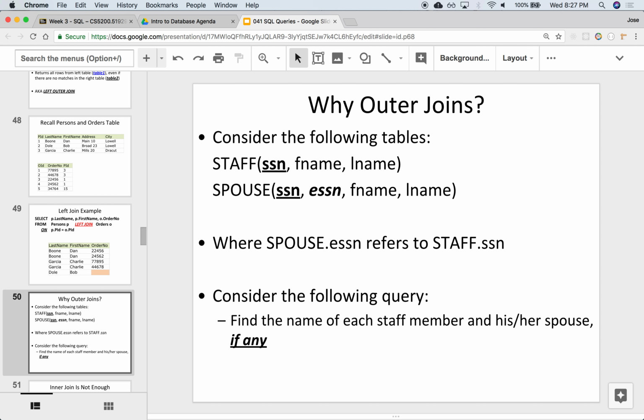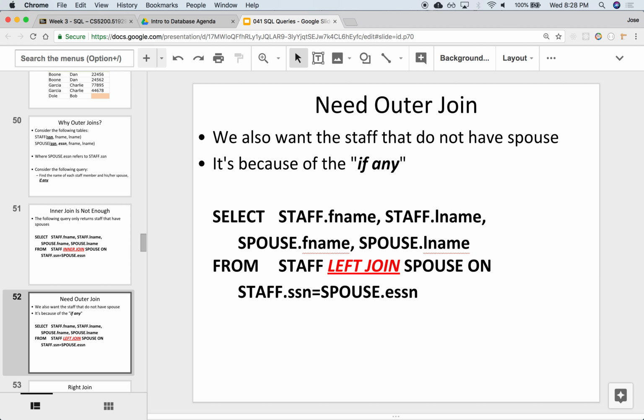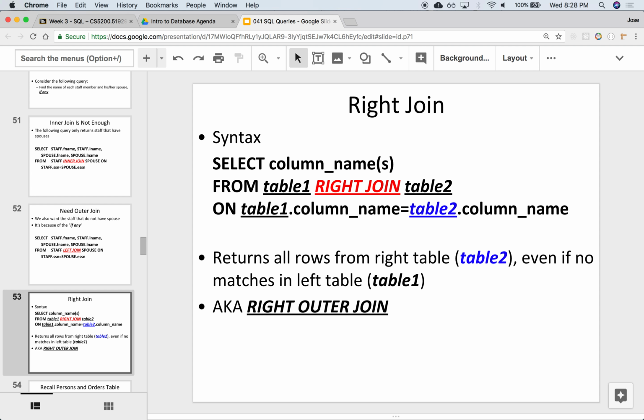So I want both names of all the staff members and their spouse. The inner join would only retrieve the staff that actually have a spouse, and would not retrieve the ones that don't. But the "if any" gives me an idea that I also want the staff that don't have any spouses. Right join is basically the other way around,